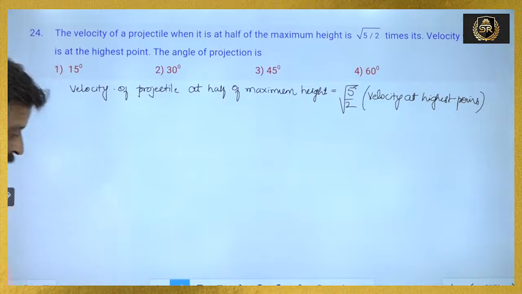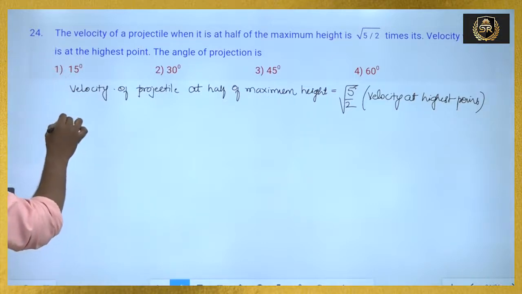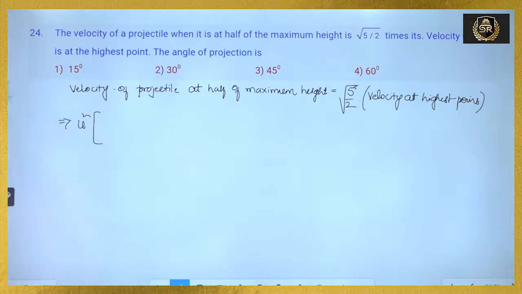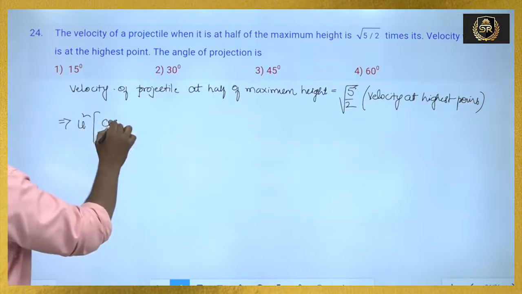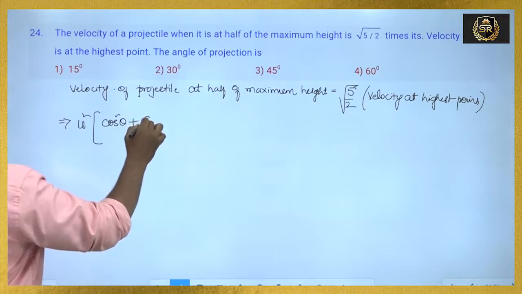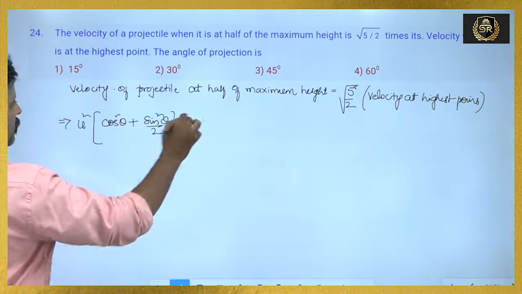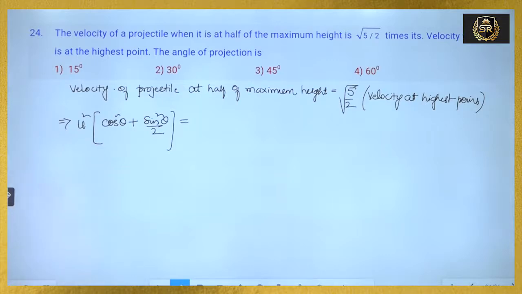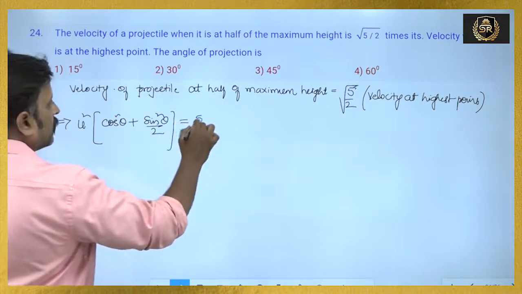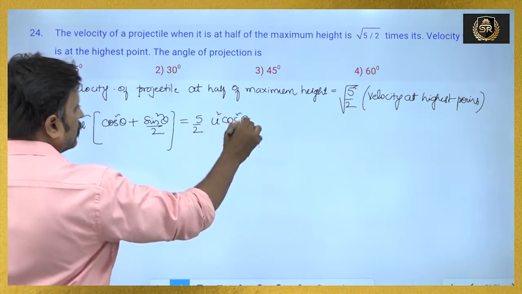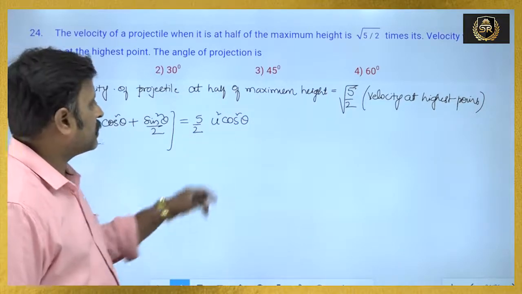Okay, that means in the right, u square cos square theta plus sin square theta by 2, its value is 5/2 times u square cos square theta, because the velocity of the projectile at the maximum height is u cos